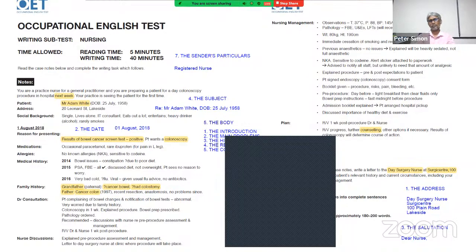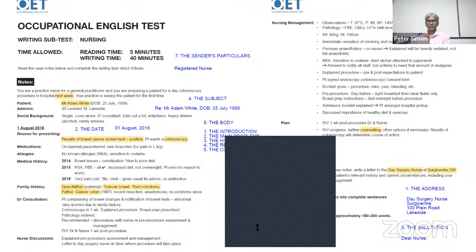Okay. Presented as presented. Or who is scheduled to undergo colonoscopy, whose colonoscopy has been scheduled for the next week,